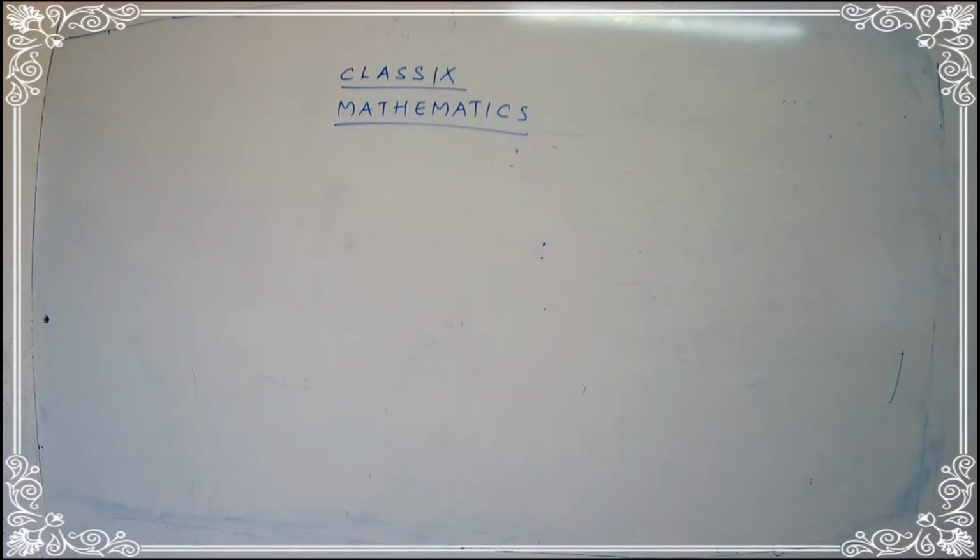Let's have a small recap of what we have seen in our previous classes. Just tell me what we have done. Yes, we have seen about the different types of sets. What are the different sets we have seen in the last class, children? Yes, we have seen about universal set, subset, proper subset, and also about disjoint, overlapping and power set.